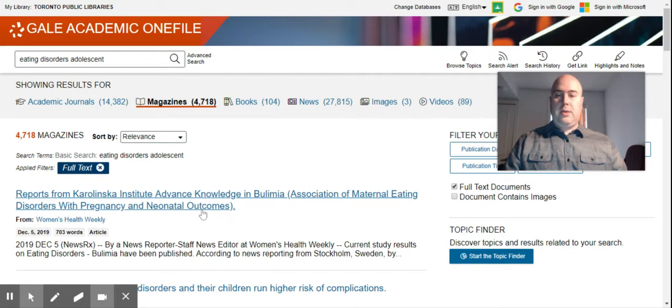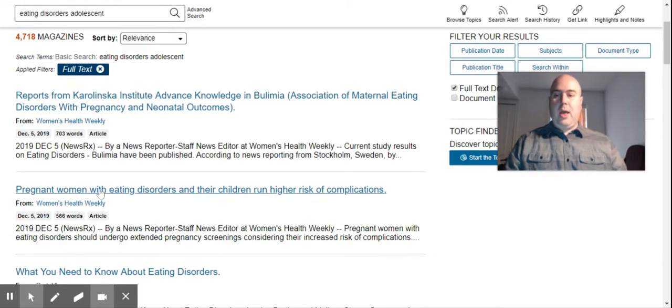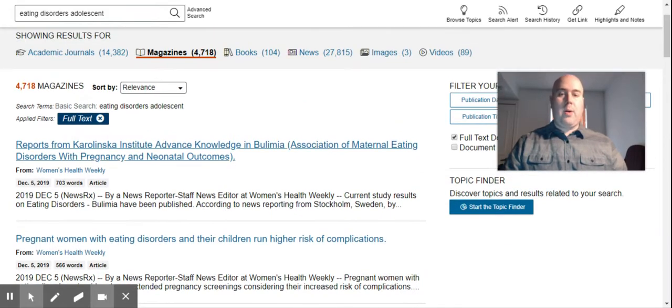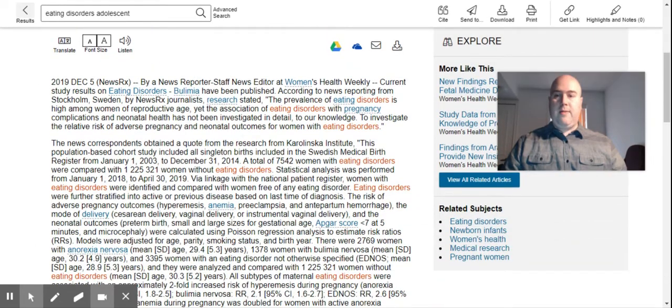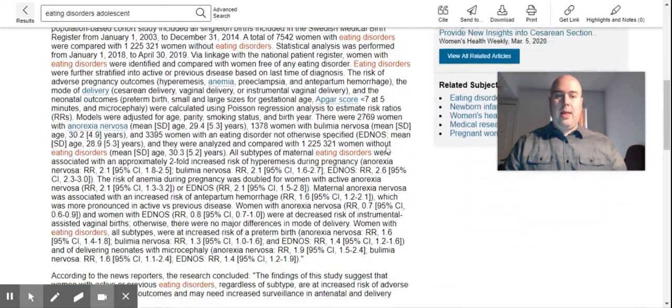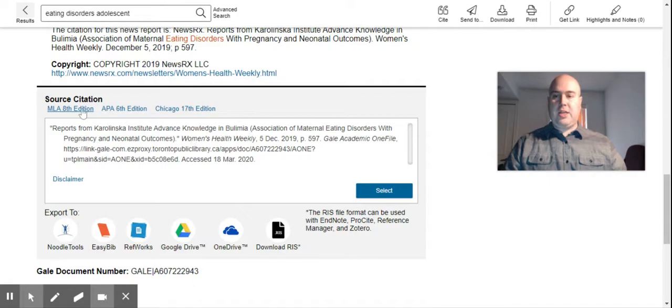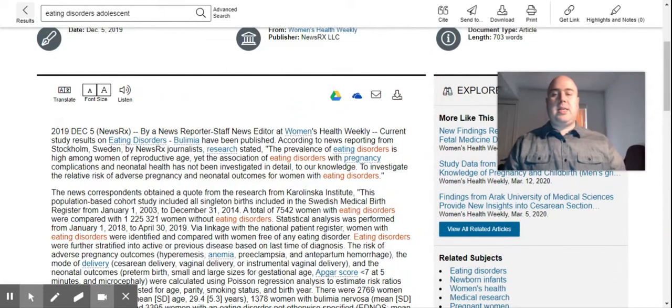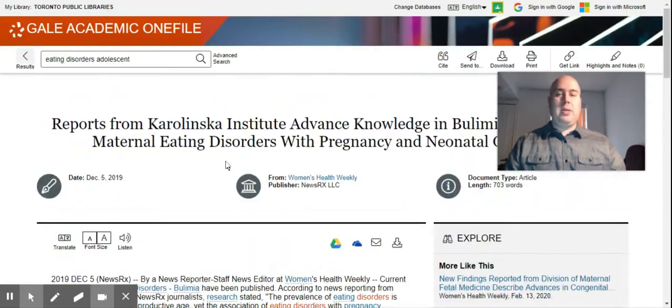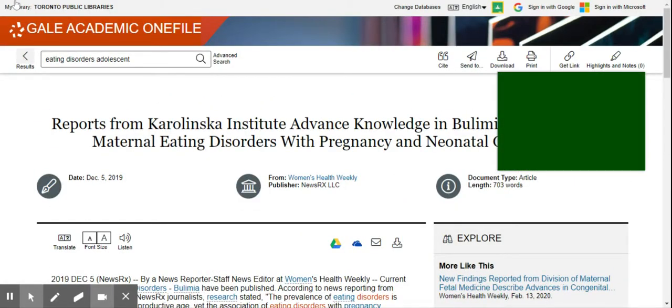And again, you'll see there's all kinds of different information. You can see where it's coming from. You can click on it. You can get the links. When you click on it, there'll be a spot where you can get your citation, so on and so forth. Okay, and again, I'll just do one just to quickly show you. There you go. You can find your information there, and then somewhere within the link, in fact, it's just there at the bottom, source citation, you can collect that. Now, this isn't a scan, it's more of just a text copy, but you can see what was there. The one thing I wanted to show you